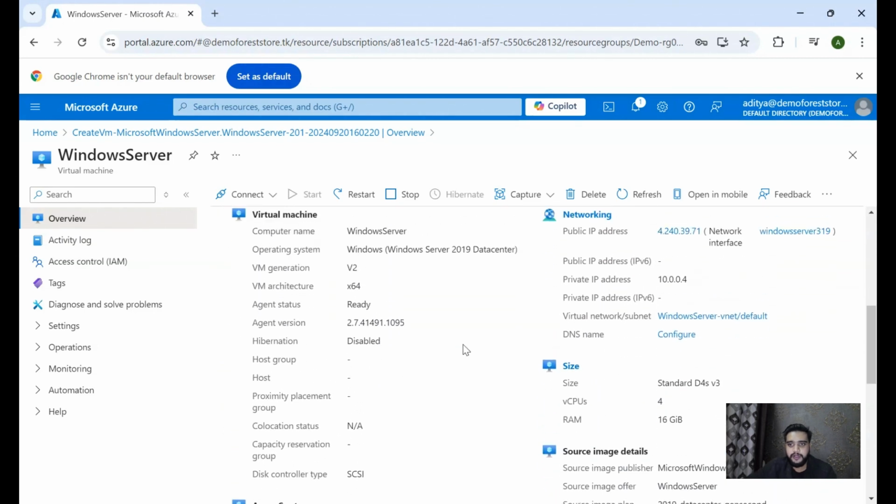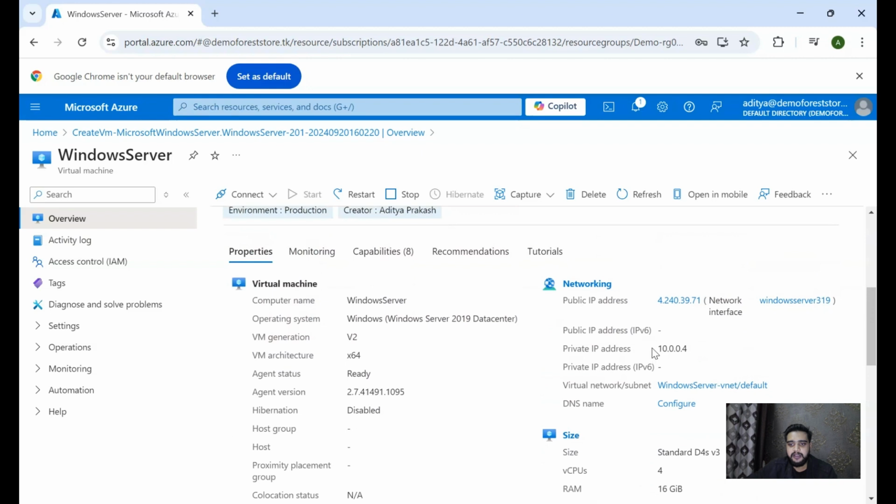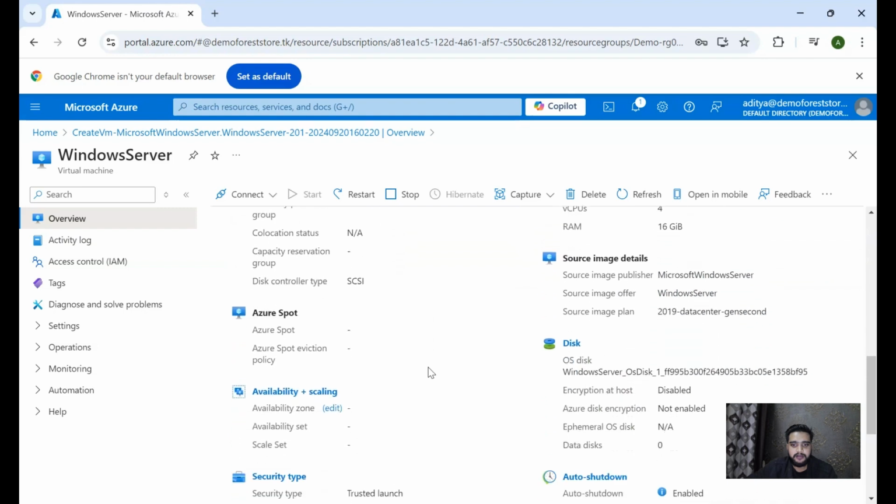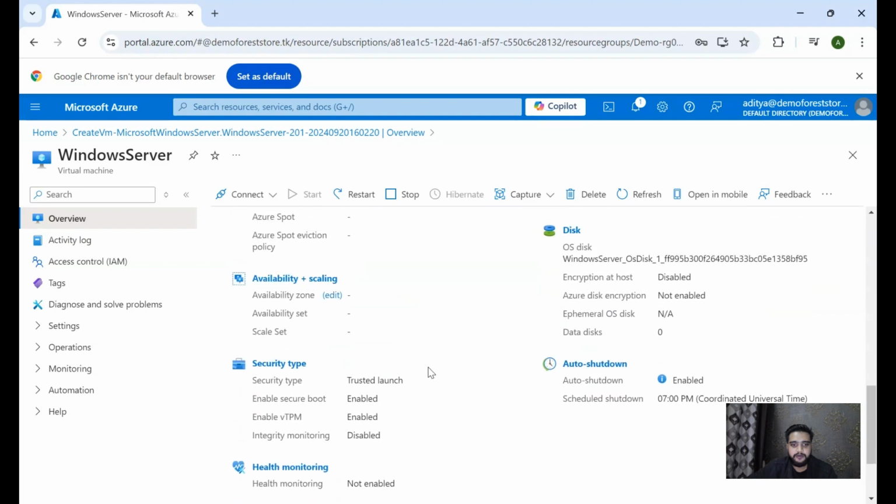If we go below, here we can see the private IP which the machine has received from the virtual network, which is 10.0.0.4. Below, there are other details which you can review.